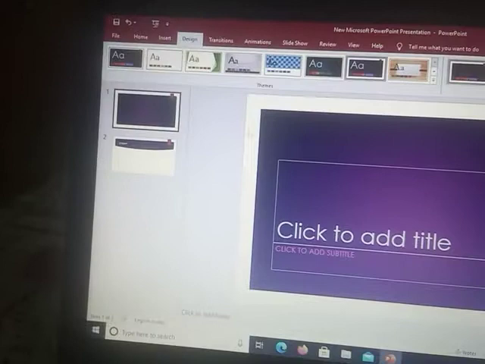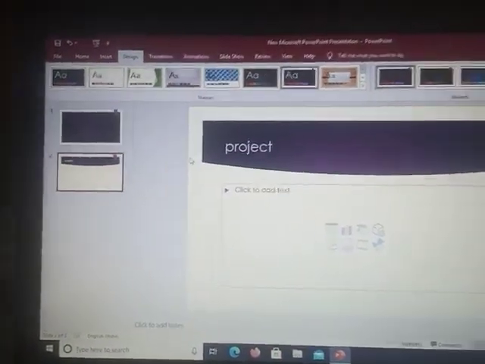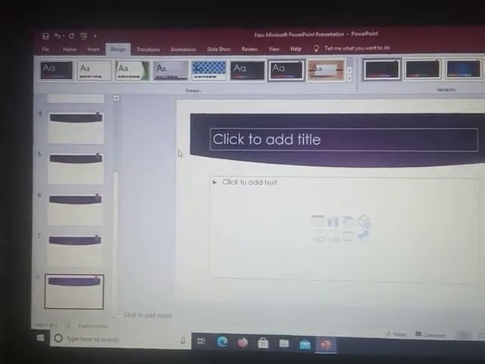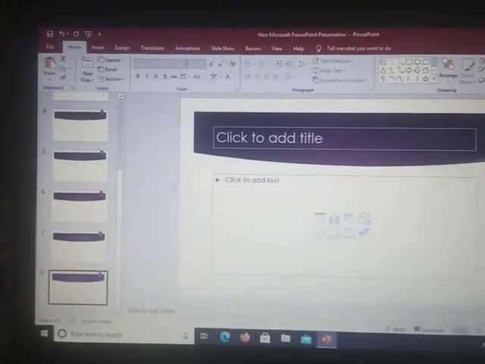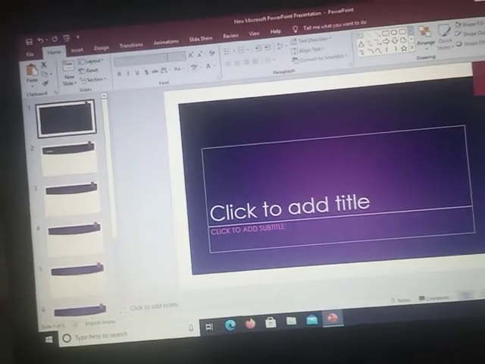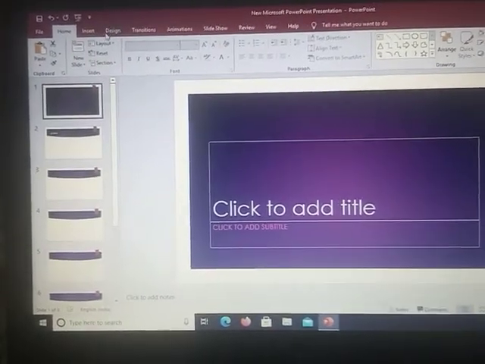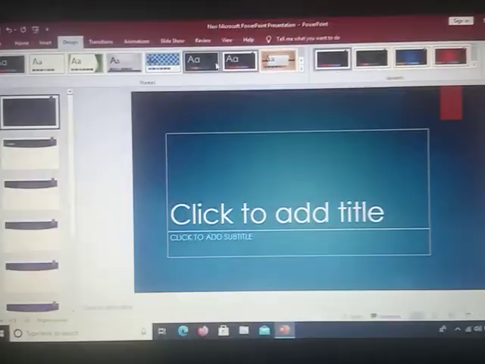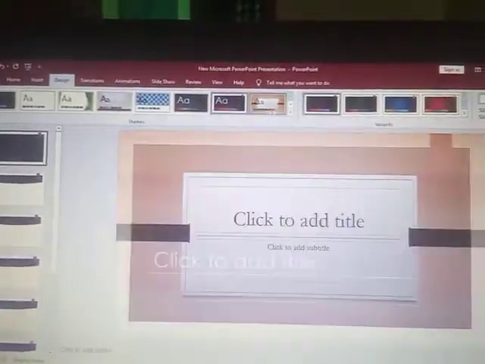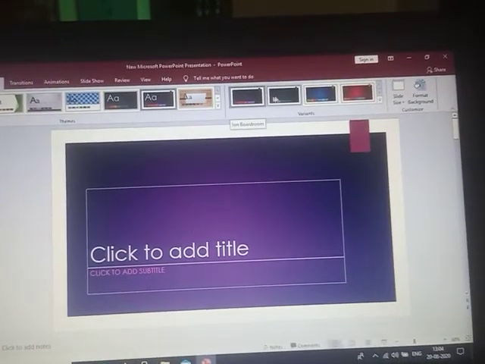slides. Actually the one single page is known as a slide, and you can make a number of slides. You can increase how many pages you require, and you can make a presentation, you can make an overall communication skill. You can use your communication skill with the help of your PowerPoint presentation. Whatever design we want to select, we can just put it from your Design section. These are the different templates we are getting from it. They are inbuilt and they are basically installed.